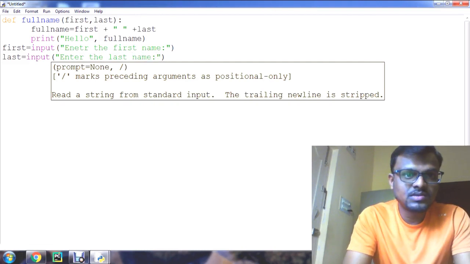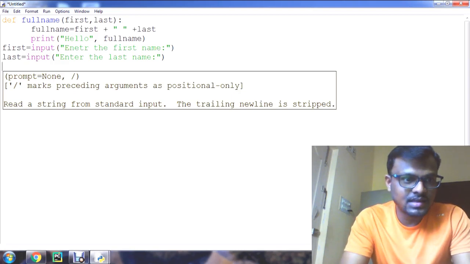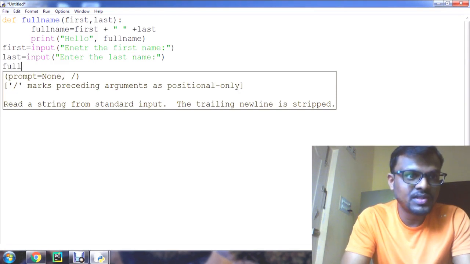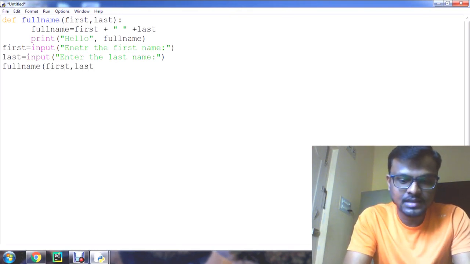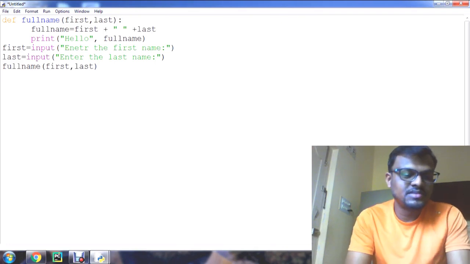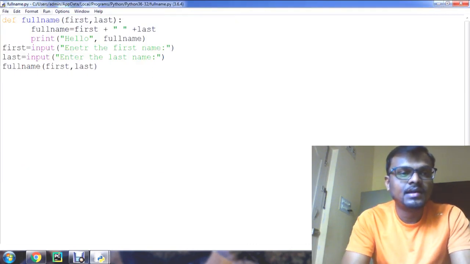So here the user is going to enter the first name and last name. After this, I want to call the function to compute the full name, that is full name of first comma last. Okay, so now save this program as full name, and run it now.